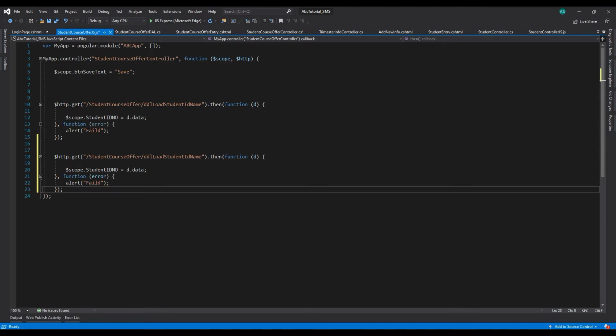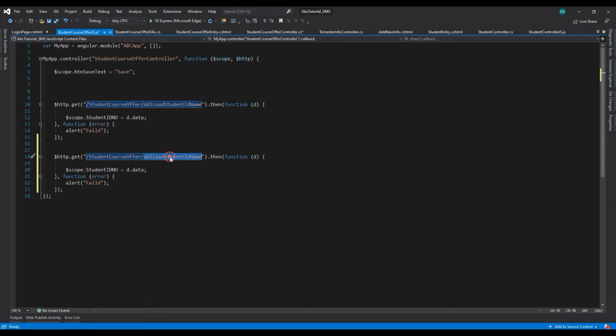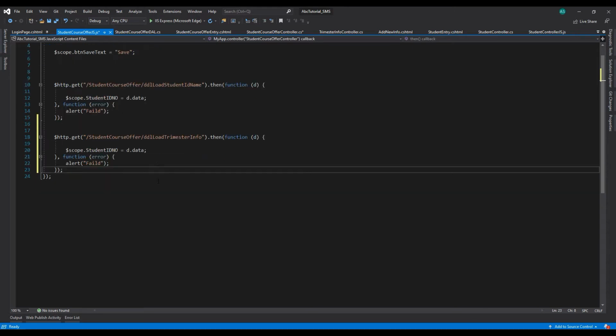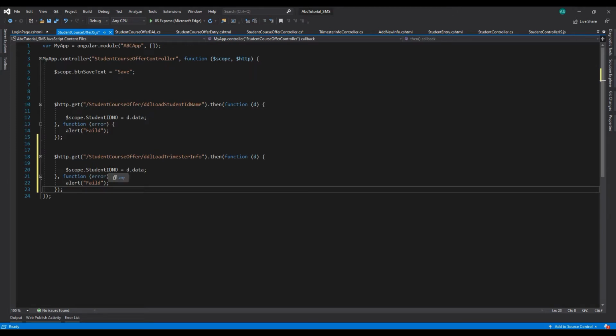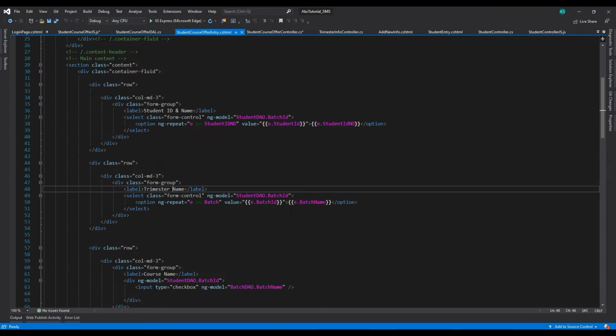And we need to change this JSON result name, so we need to call this one, and we need here trimester info, and we need to call it also here,